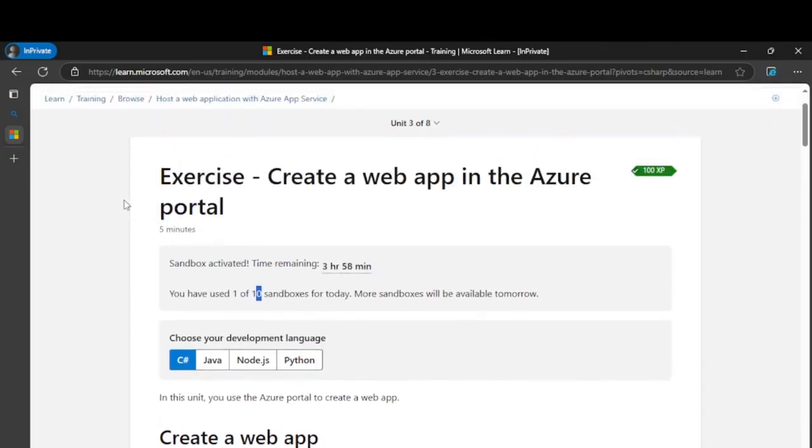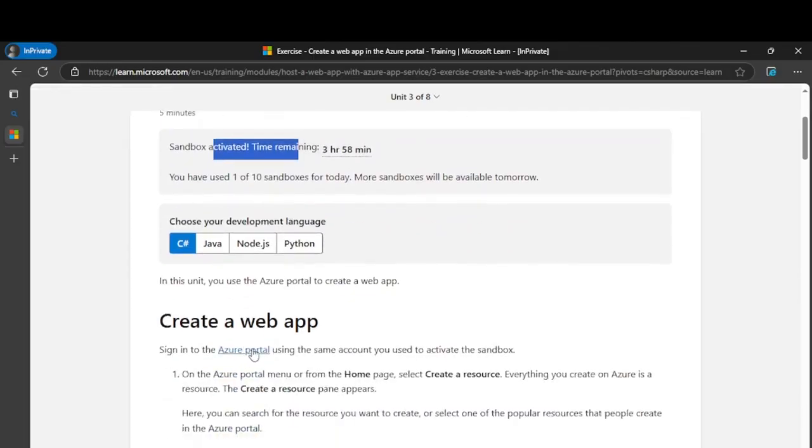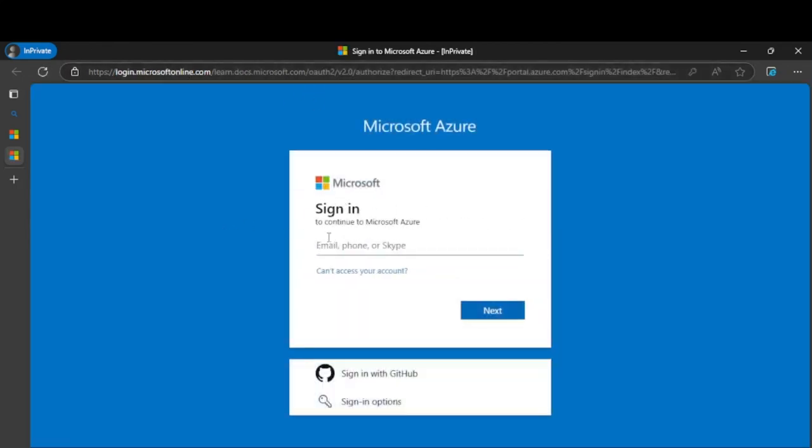So after your sandbox is activated, don't directly go to portal.azure.com, because this will not work. You have to go to the Azure portal from here. Once you click, this is the other link, learn.microsoft.com.